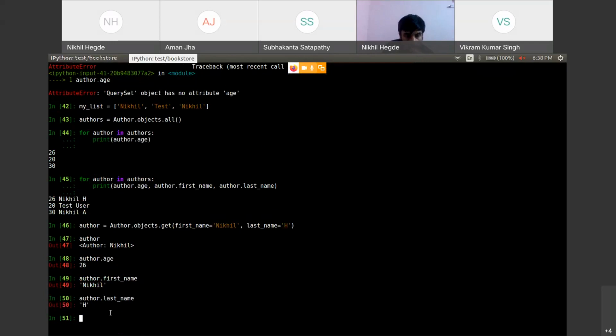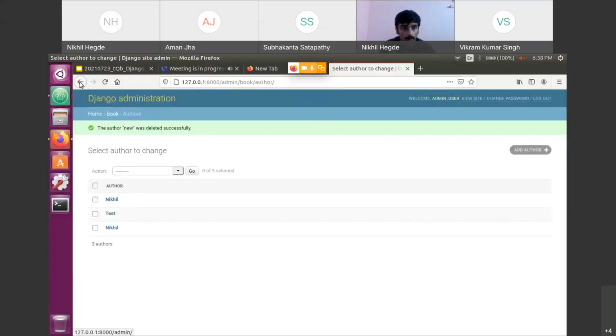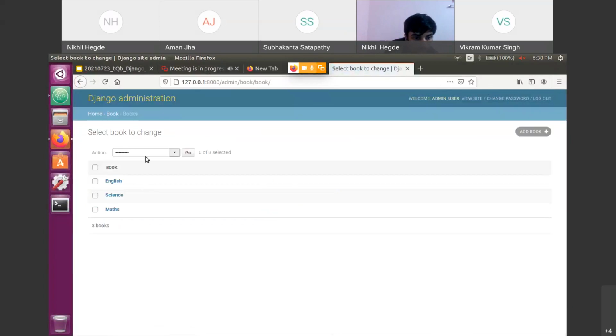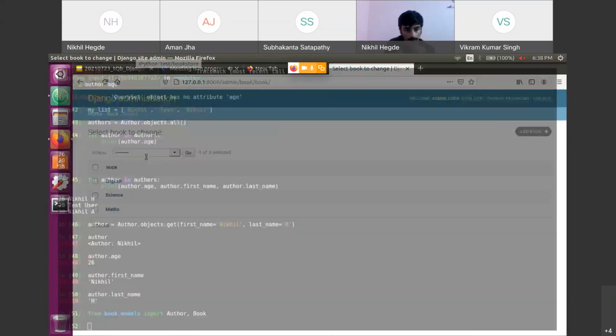Now we have got to know all these things, how to access the attributes and all. We have done most of the things with respect to the author table. Now let's do the same thing for the books table also. I have already imported that, I guess. Let's create one book. First, we have already created some books, I guess. Let's see how many books are there. Okay, there are 3 books already.